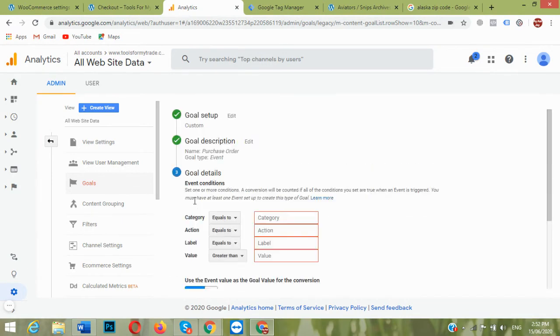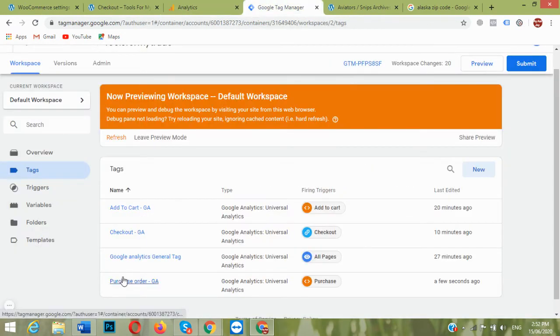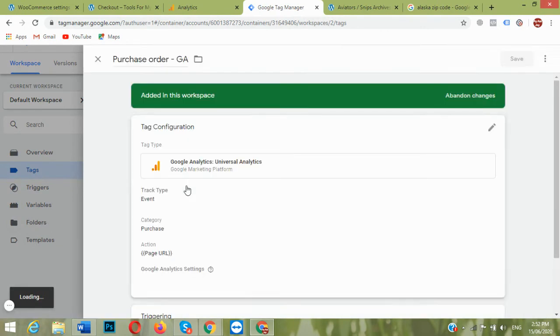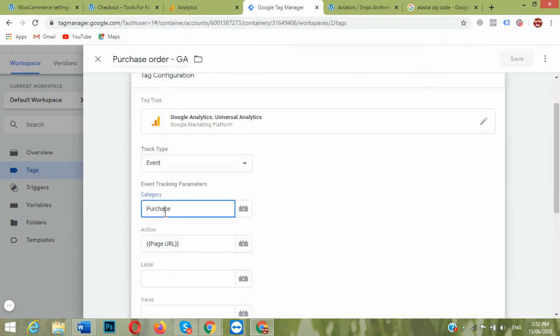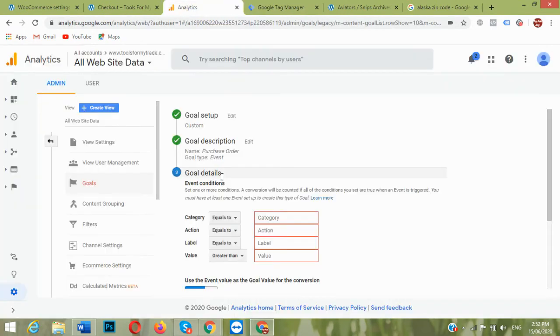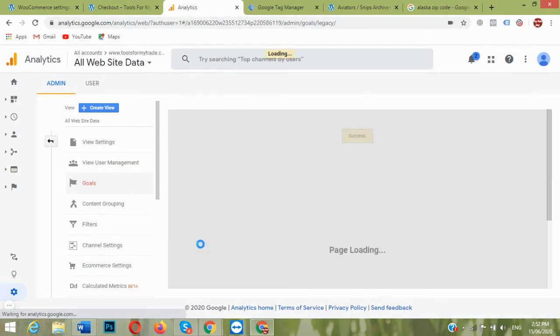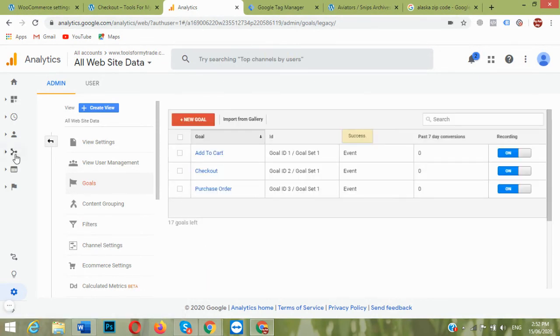Select the event. Continue and go to this. Copy the category name. Copy this category name and paste here. Save it. By this we can track order purchase.